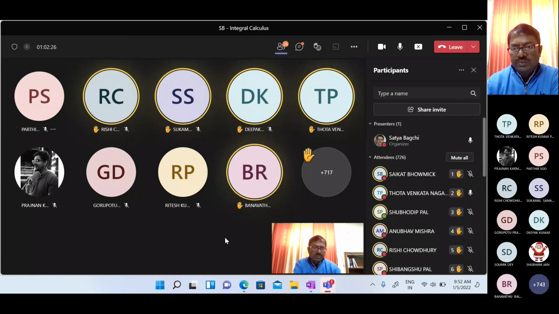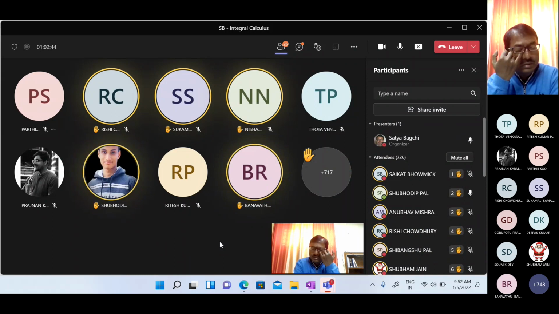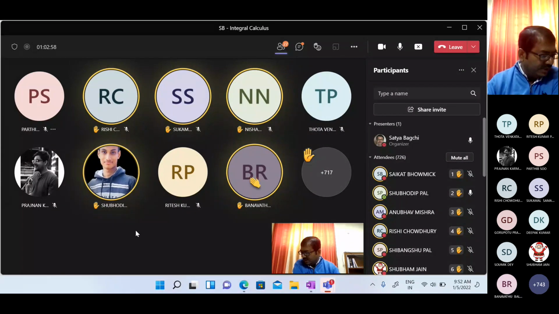Yes, Shubhodip, next. Today's lecture is important for the exam. Want to talk? Yes, sir. Sir, how gamma 3/4 into gamma 1/4 is equal to pi root 2? How to prove that? You need to use the duplication function somehow. That is not discussed properly. It is given in the last question in the assignment. You may see.